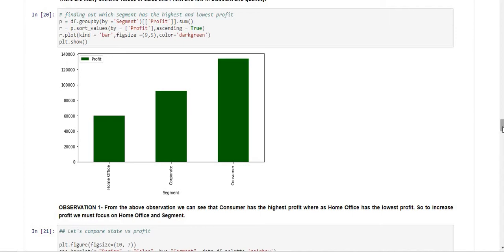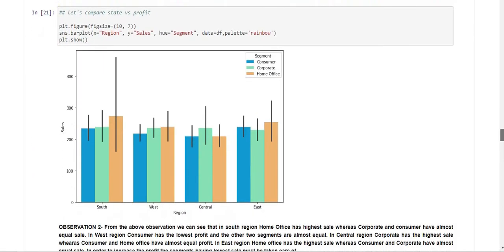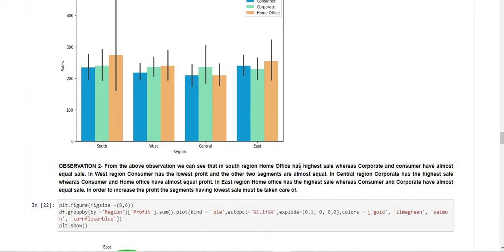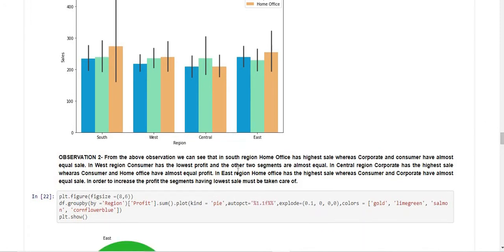Now we draw multiple bar diagrams on those 4 regions: south, west, central, east for the sales variable, and see home office has the highest sale, whereas corporate and consumer have almost equal sale in the south region.